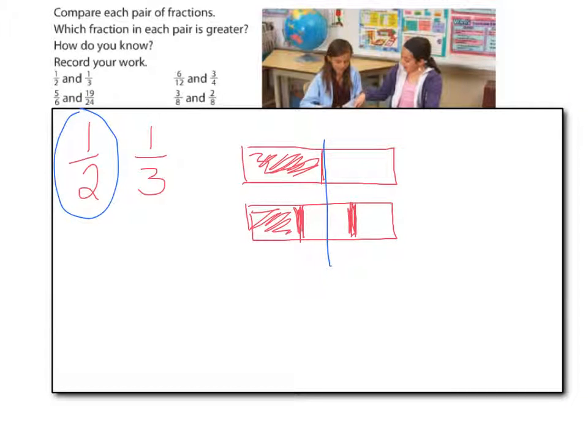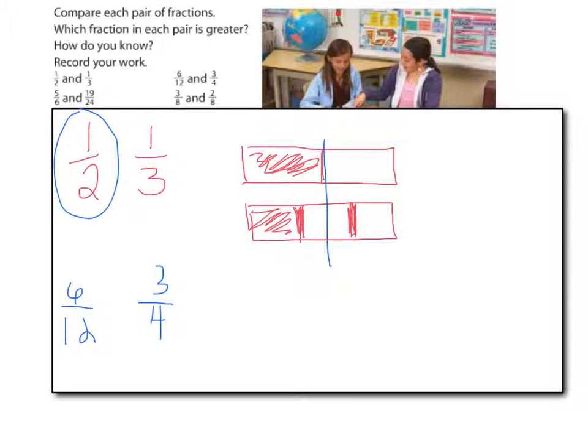Let's take a look at the next two here. 6/12 and 3/4. Now I'm going to try fraction circles here. Actually, no, I'm going to change my mind because 12ths is going to be very hard to draw. So that's something to consider when you're looking at what strategy you would like to use. Instead, I think I'm going to try